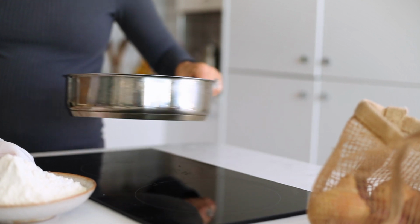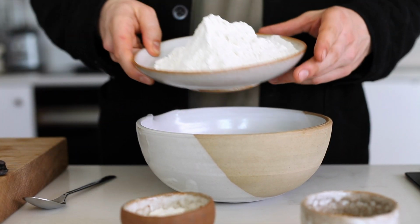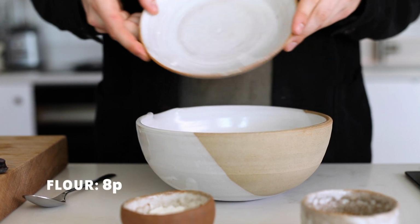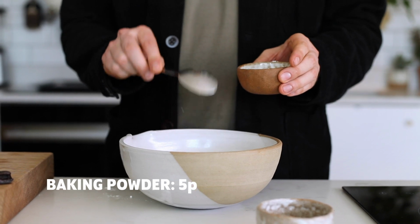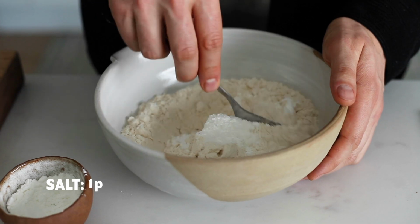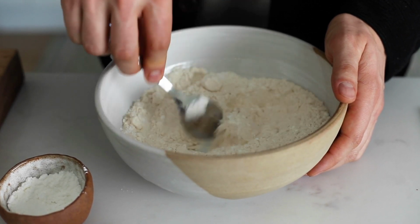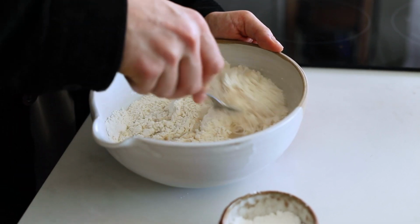Toppings are finished, so time to make the quick dough. We're not using yeast in this recipe, so you'll be able to prepare the dough in about 5 minutes. Simply add 260 grams of plain flour to a mixing bowl along with 1 tablespoon of baking powder. Add half a teaspoon of salt and stir to combine. Then, when you're ready, pour in 160 ml of cold water and bring the dough together, first with a metal